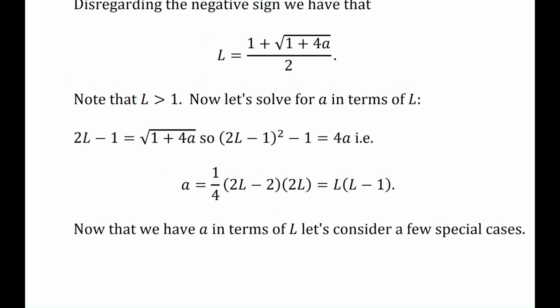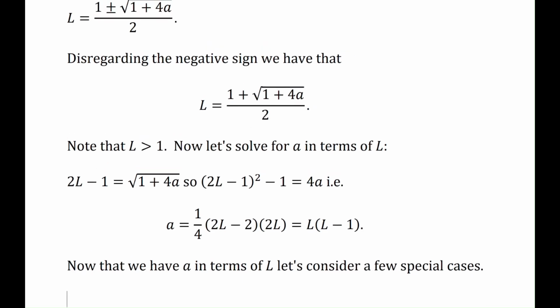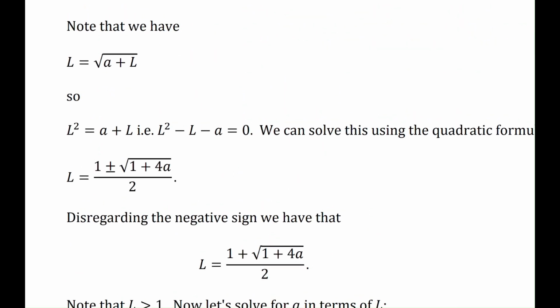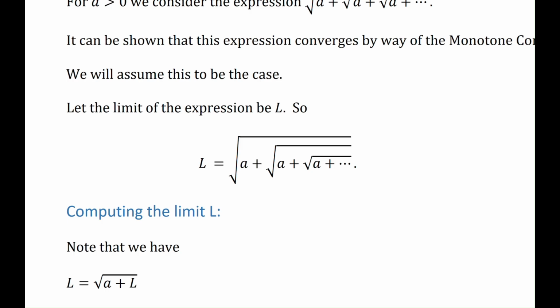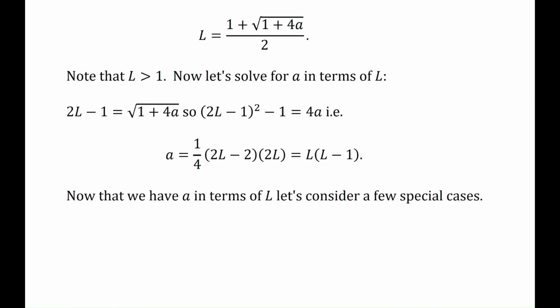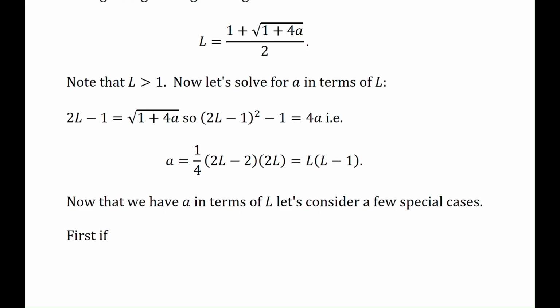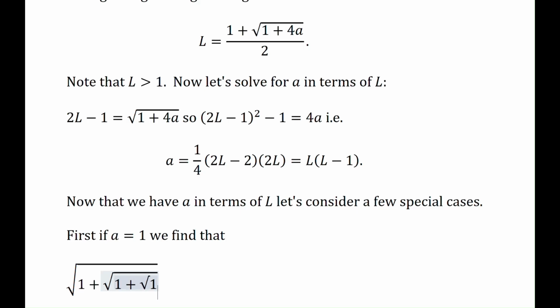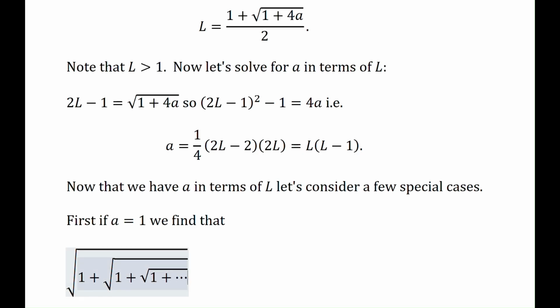In fact, before I start choosing what the limit L is, what about the case that say A is equal to 1? So first, if A equals 1, we find that the square root of 1 plus the square root of 1 plus the square root of 1, etc. Well, according to this formula for the limit,